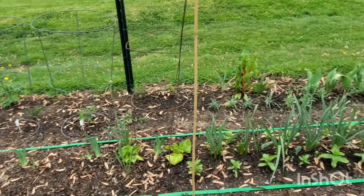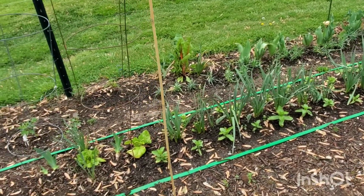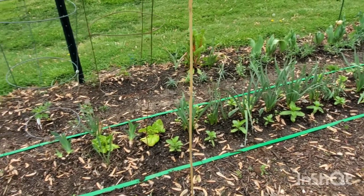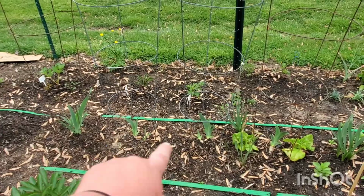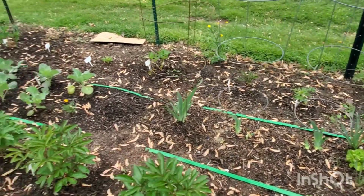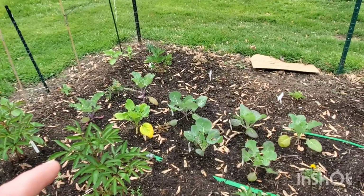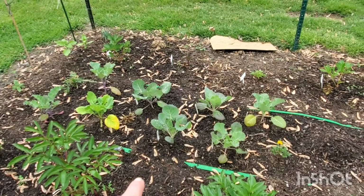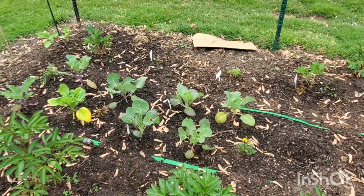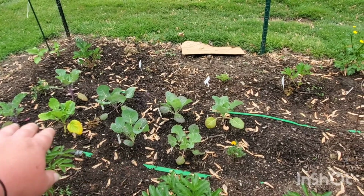Let's see what else. The carnations, the daffodils are done. We've got the zinnias. Oh, I've got a few iris here going down the center. My neighbor just gave me a few, so I just stuck those there. And then I stuck some broccoli in here, and some, no, I didn't put Brussels sprouts. Yes, some Brussels sprouts and some broccoli, just because I had some in here last year,